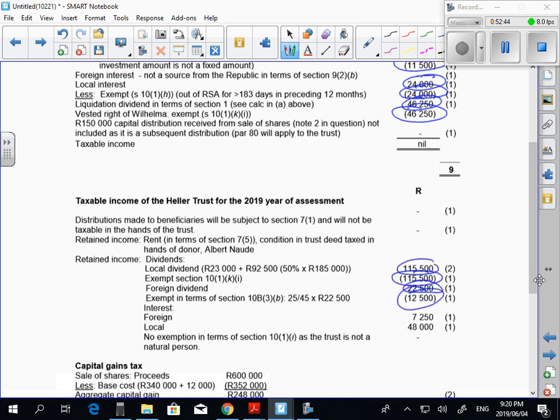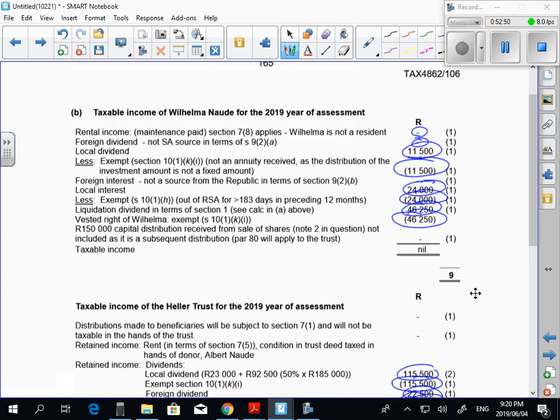Now, let me explain something that's very clear inside this question when you look at Wilhelmina. You've got dashes in this question. What does a dash mean? It means it's not taxable. If you put a dash in, it means not taxable. So for that local dividend, the 11,500, less the exemption, 11.5, if you put a dash in, you're telling me it's not taxable, which means I give you 0 out of